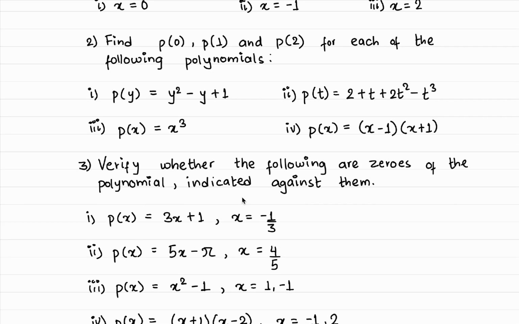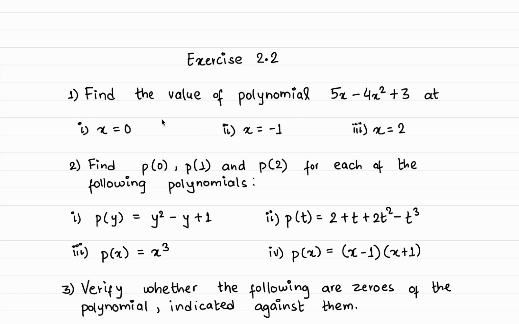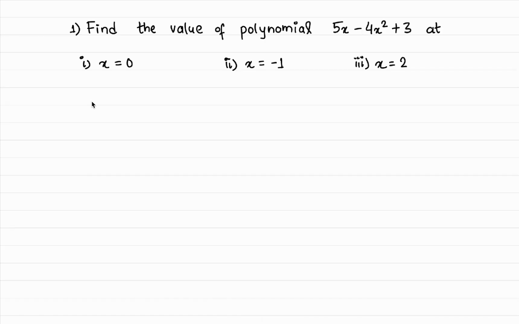So let's begin with our first question, which is finding the value of this particular polynomial at different values of x. How do we solve this question? So the first step is first we are just going to write this polynomial, okay, the given thing. And since this polynomial is in terms of x, okay, so our variable here in this polynomial is x,